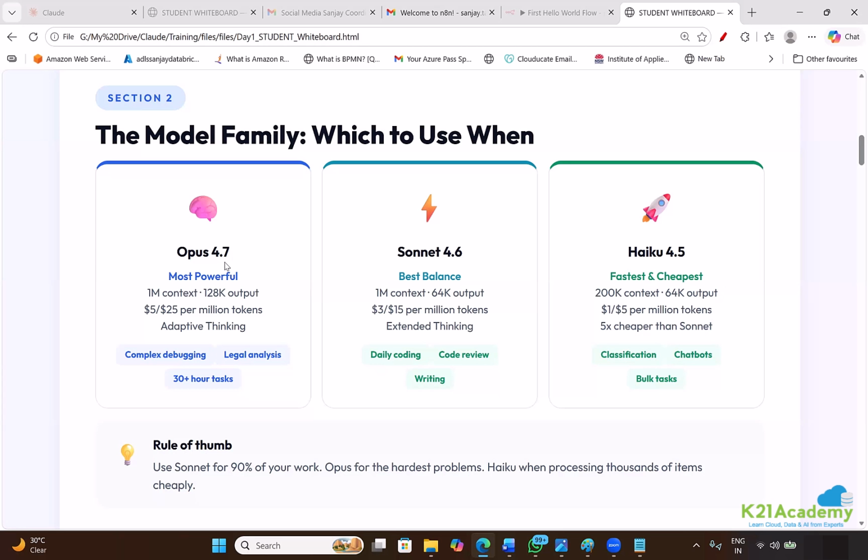So in short, if you don't want to go into so many technicalities, the simple thing is: for your daily quick tasks, Haiku. For a daily AI assistant, Sonnet. But if you are creating something complex, maybe an enterprise application working on multiple modules, where you need larger complex processing, use Opus. But don't forget, the bigger the model, the cost could also be